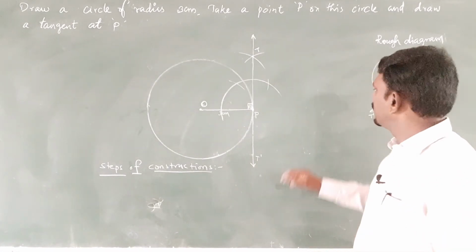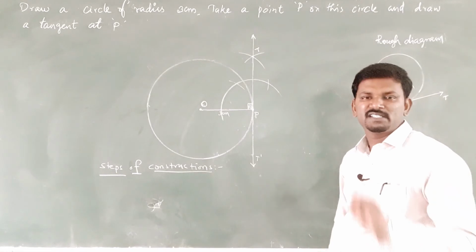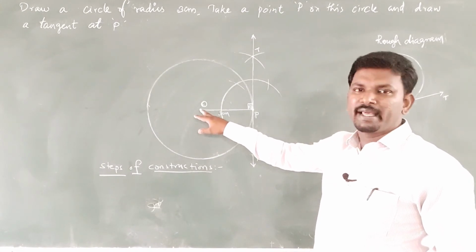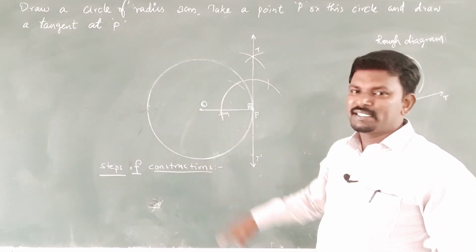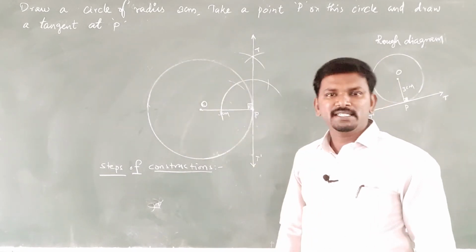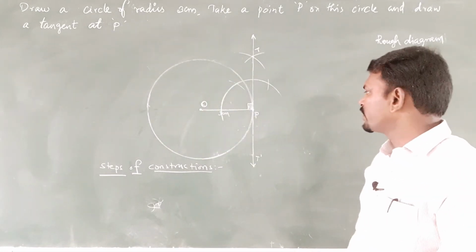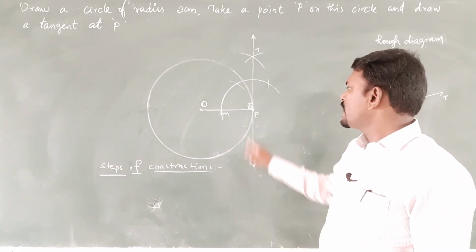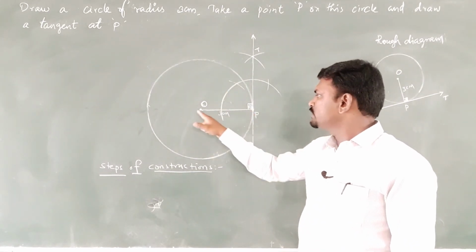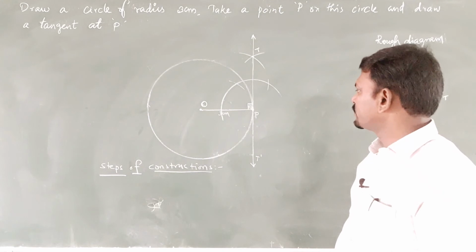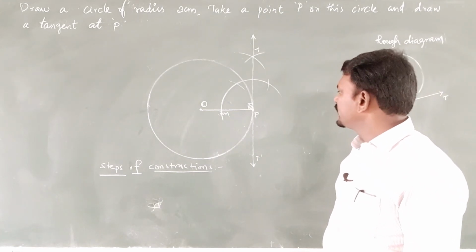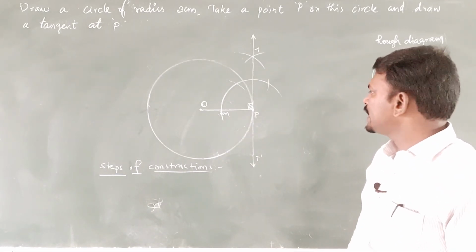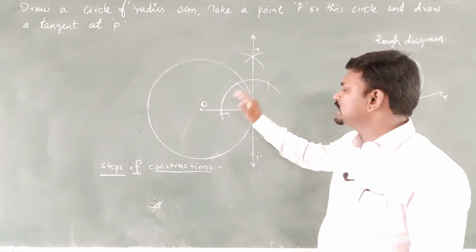First, draw a rough diagram with given measures, the first step. Then the second step, mark a point O, and with O as a center, draw a circle of radius 3 centimeter. Second point is over. Then third point, mark a point P on the circle, join OP, OP is the radius 3 centimeter. Then the next point, construct 90 degree at P by cutting the arcs.